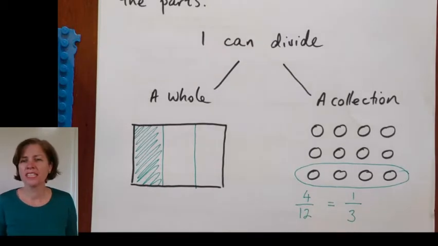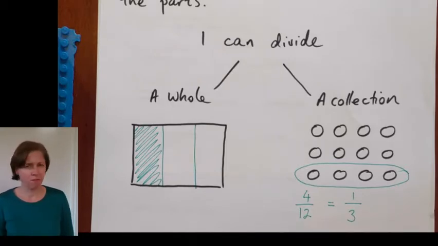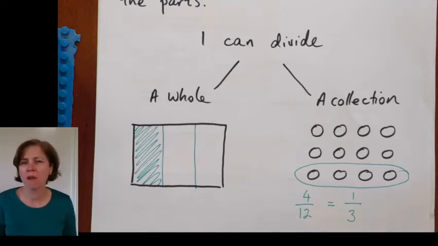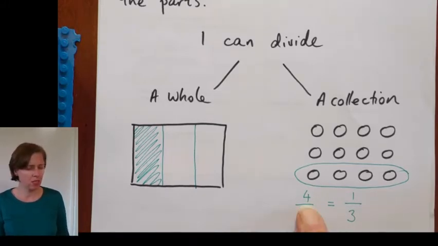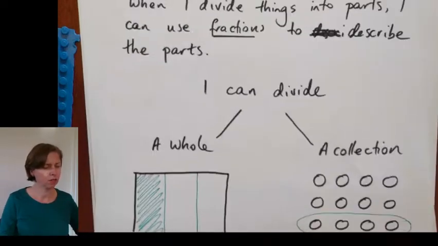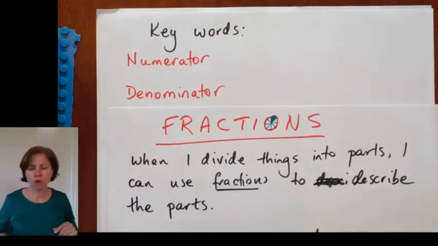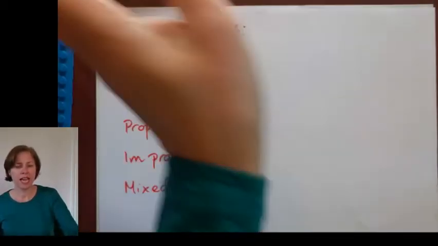So in a minute, I'm going to start talking about some key words for fractions, and some of the words are going to relate to the way these fractions work. We sometimes talk about the top and the bottom of a fraction, and really top and bottom is a bit vague. They've got special names, and I'm going to always use the proper names. The top of a fraction we call the numerator. The bottom of the fraction we call the denominator. So, if I look at those two words, numerator and denominator,